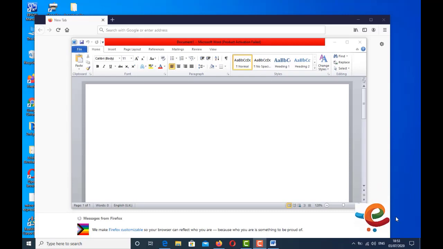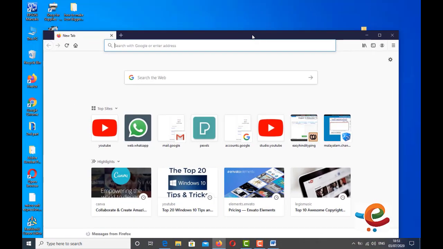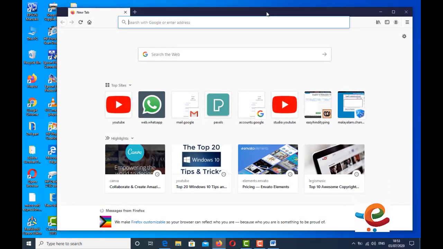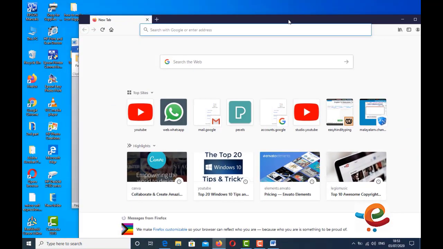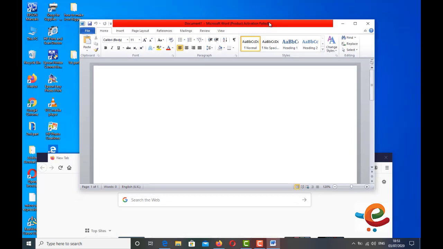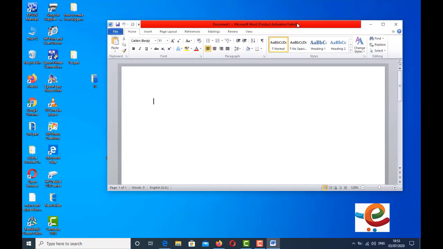Second feature is Aero Shake and Snap. Windows 10 brings new capability to manage your Windows desktop. If you grab a window and shake it, it minimizes everything behind it. If you shake it again, it brings them back.